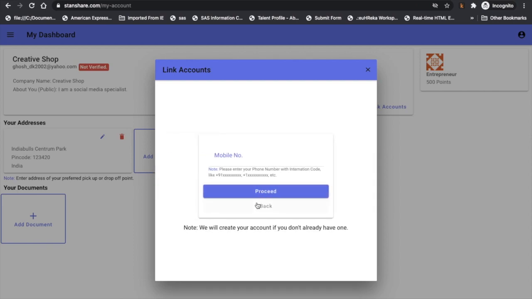So I go here and see, you can see the format. So you have to add your ISD code or IDD code, followed by your number. I'm sitting in India right now, so I put the IDD code, which is 91, and then I put a number. All right, so I'm done in this format.